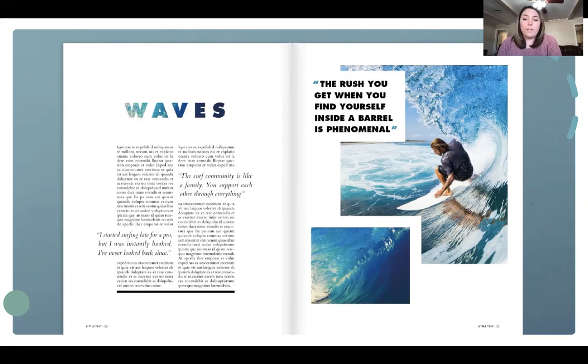seeing that bright blue with so much white around it, it just makes these pictures that much more impactful and these pull quotes that much more impactful. And honestly, if this entire page was full of text, I don't think I'd be as quick to read it as I am with just this beautiful little bit of text here. So,